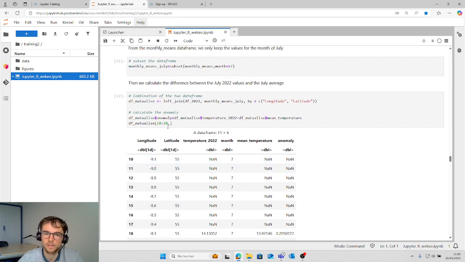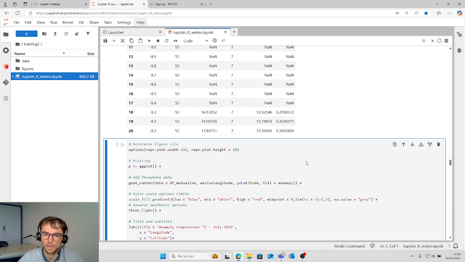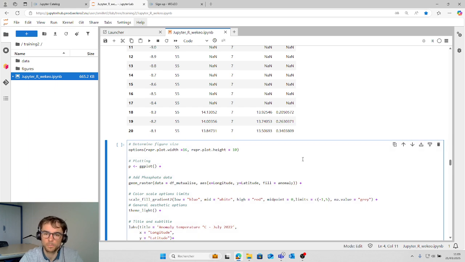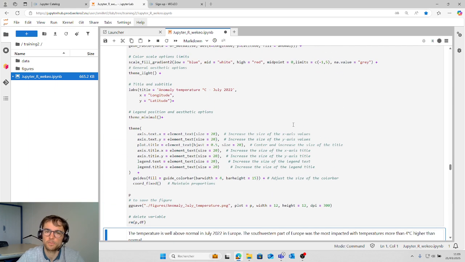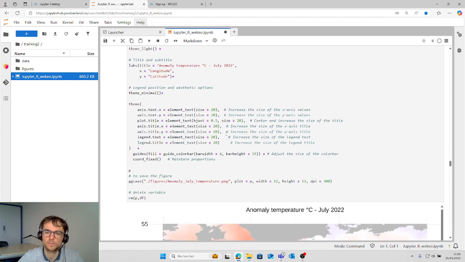And you can see here the anomaly. So it is the difference between this one and this one. And now we plot the anomaly map for July. So it is the same cell that we saw before, the same code.